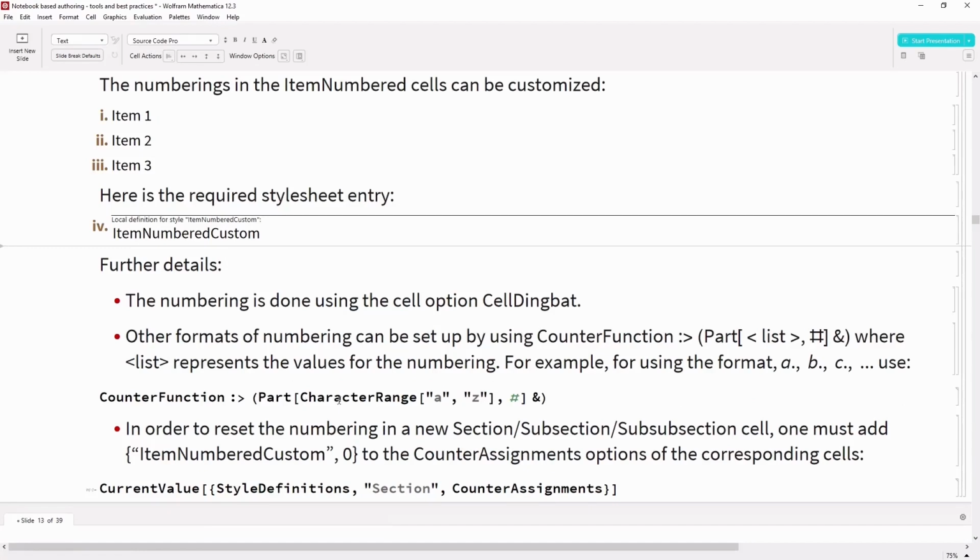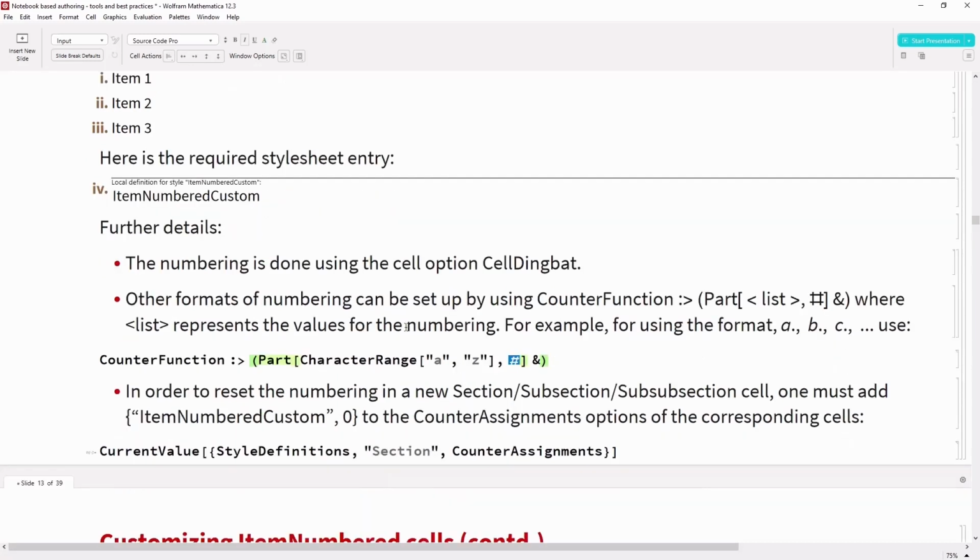Here is an example of how you can pass a character range as a list, and obtain a character depending upon your counter for that item number cell. So for example, for 1 it would return A, for 2 it would return B, and so on.